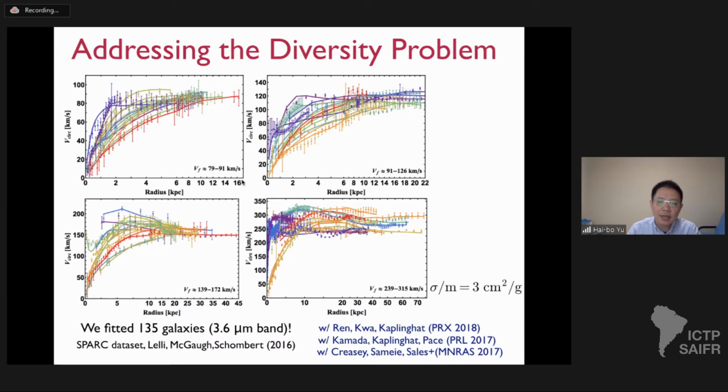We divided those examples into 4 mass bands, from small dwarf galaxies to medium-sized galaxies to Milky Way-sized galaxies. And you can see for each bin, if you look at the inner region, the spread around 1 or 2 kpc is really a factor of 4. And you can see here, and here as well. The point is that the spread really reflects the fact that dark matter distributions are very diverse in the inner region of spiral galaxies. And you can see that the SIDM explanation is very good.